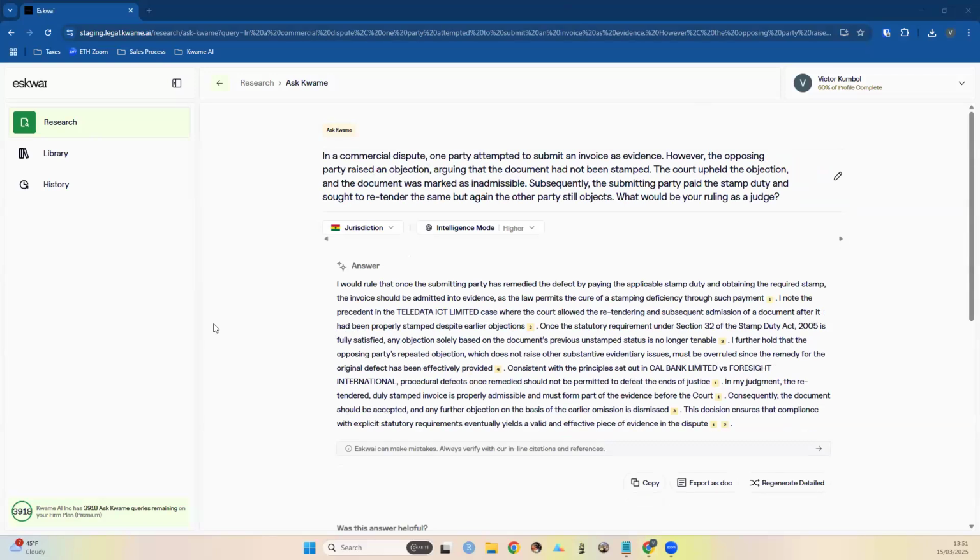Yeah. So this is the response that you have with the higher intelligence. Like George said, it shines when you have complex and nuanced situations where you want a detailed response, or nuances in a scenario.